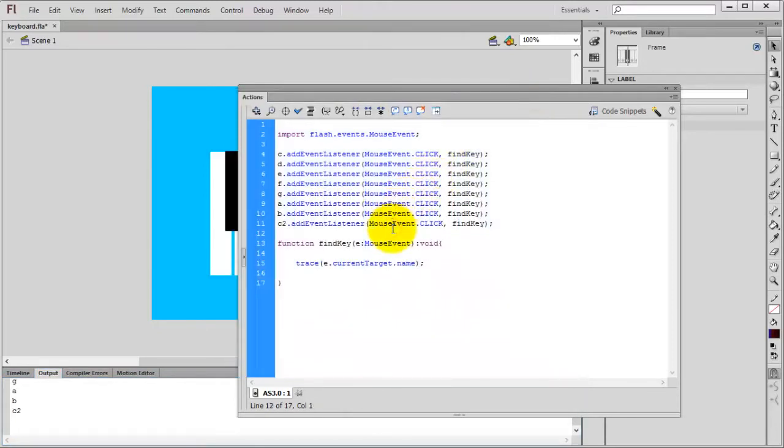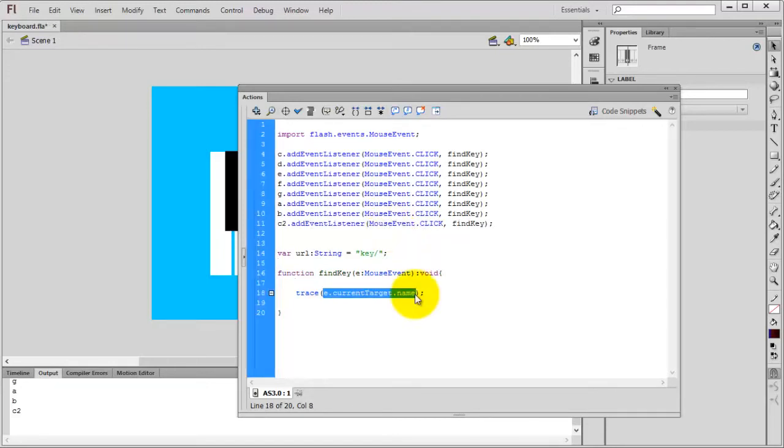Now we have to do one more thing. All the music files are stored in a folder. The folder name is key. So create a string equal to, and you just tell the location, key slash. This e.currentTarget.name will give the name of the music file. So you just cut that content and delete the trace statement. Now you just concatenate,